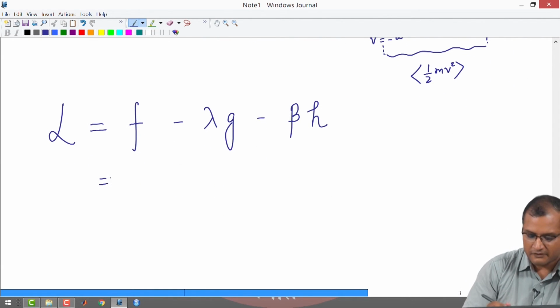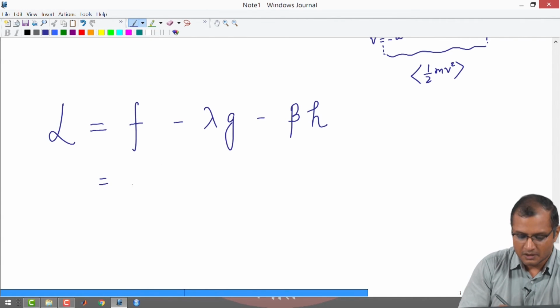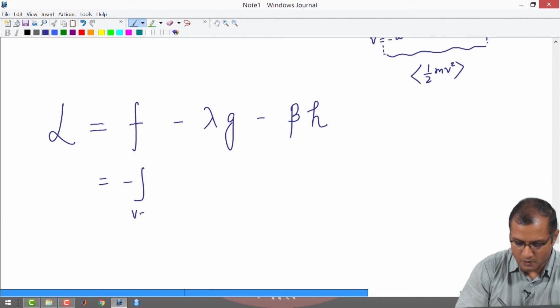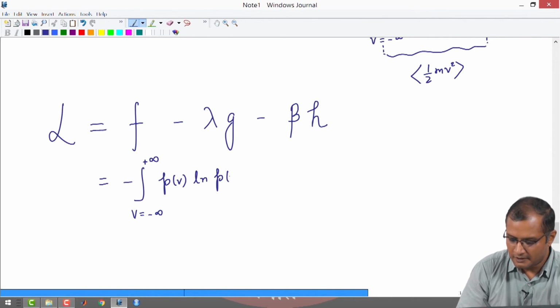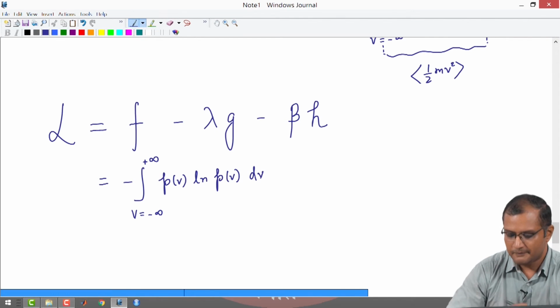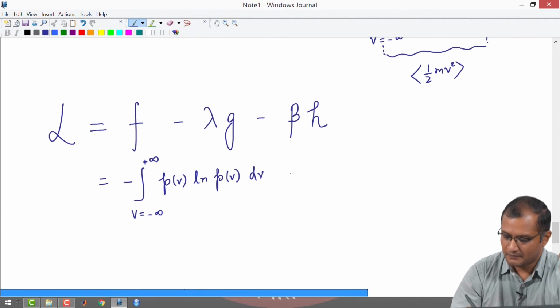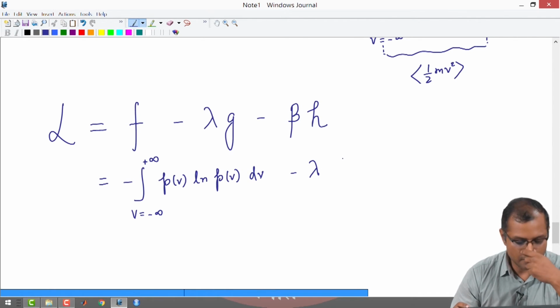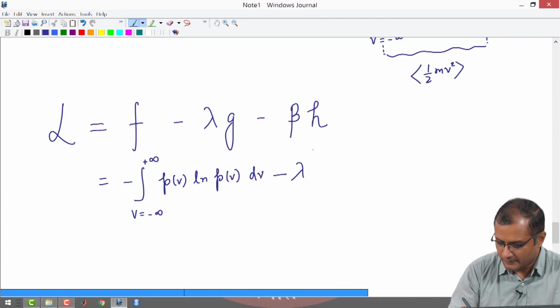So, my function f is nothing but the entropy, which is minus the integral over v going from minus infinity to infinity of p of v ln p of v dv, minus lambda times g, which is nothing but